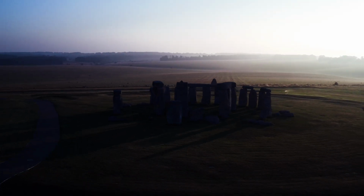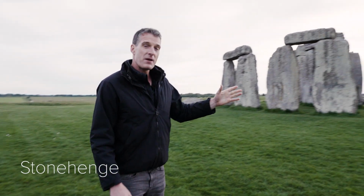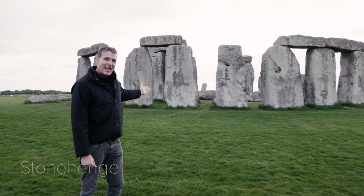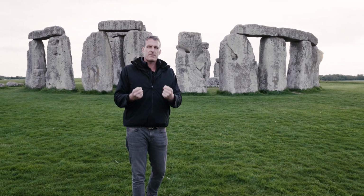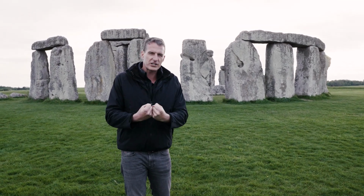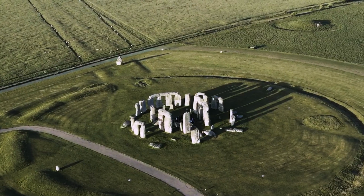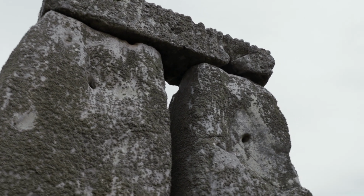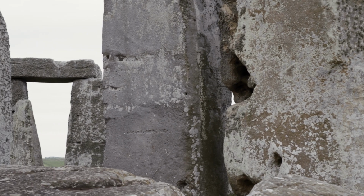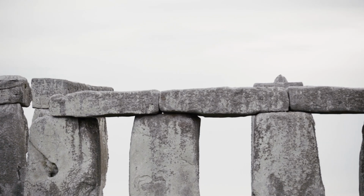If you ask people to list the most famous historic sites in England, there's a good chance they'll start with something prehistoric. Stonehenge, certainly one of the most recognisable, the most famous structures, not just in England, but in the world. Stonehenge has been standing like an eternal guardian,